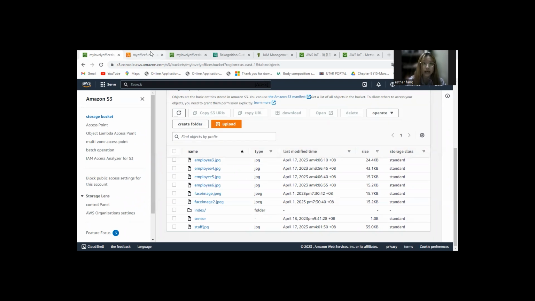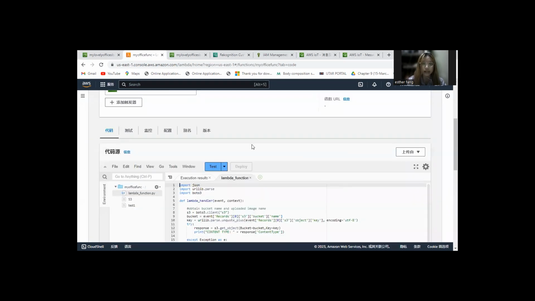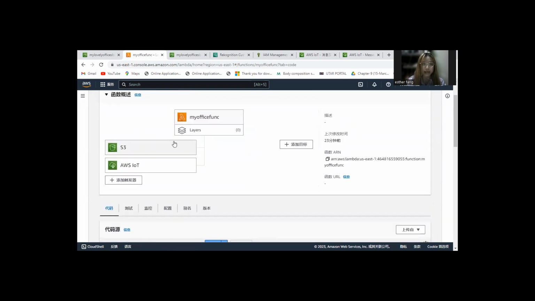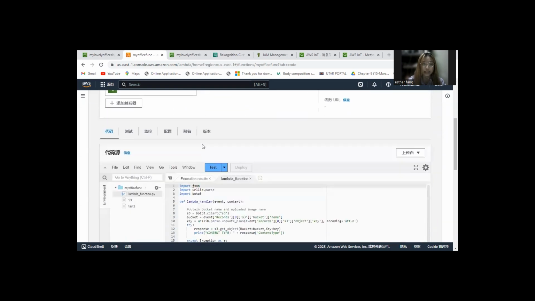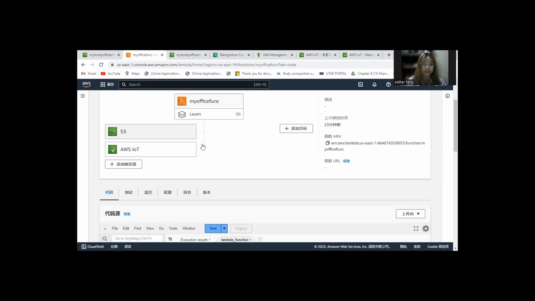After that, in the AWS Lambda, I have triggered the AWS S3 service to get the image from the AWS service.